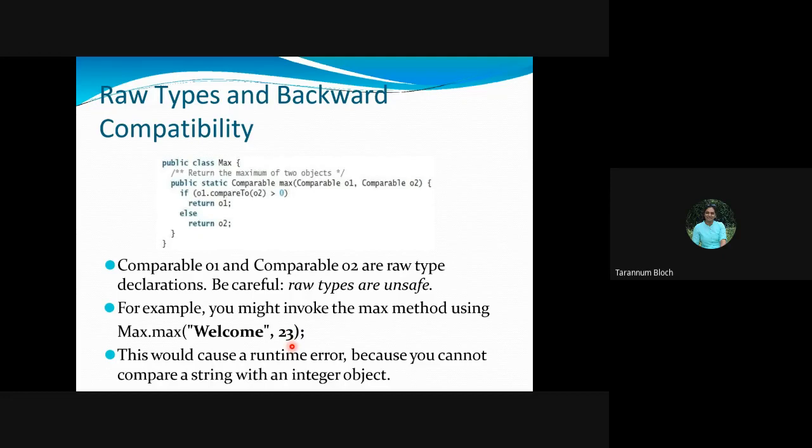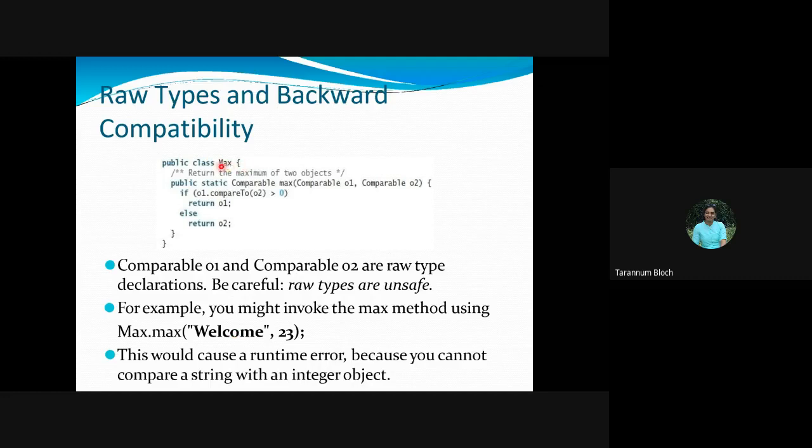Comparable is generic. It can accept any type. But for the comparison, the basic condition is that both should be integers or both should be strings. This is a different scenario where the objects are not of the same type.